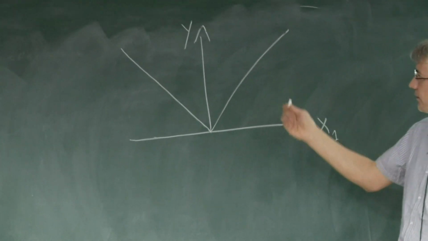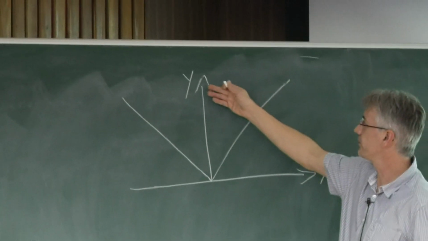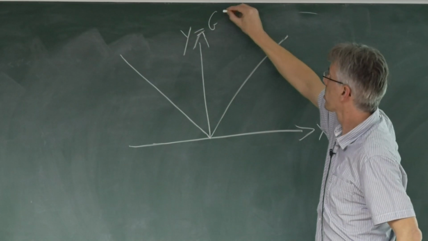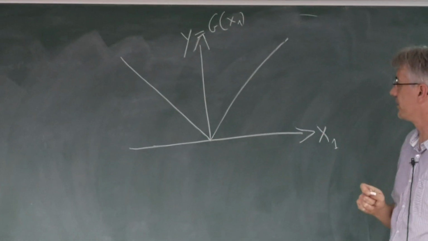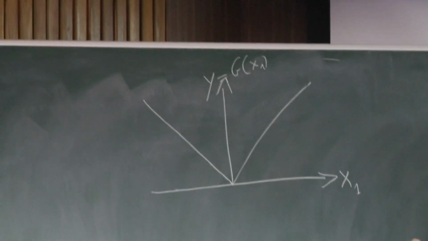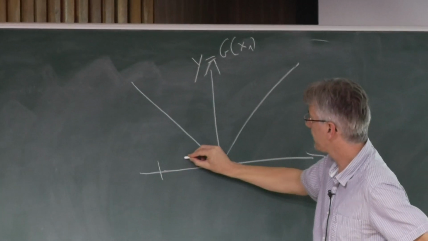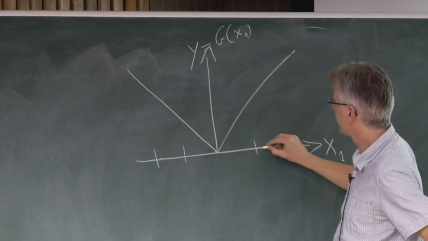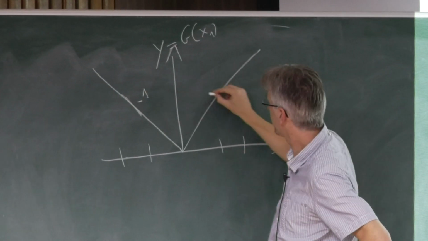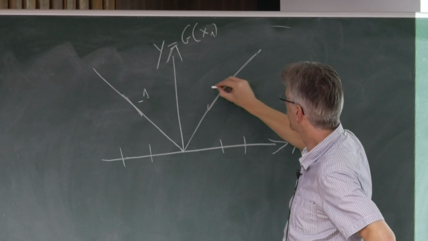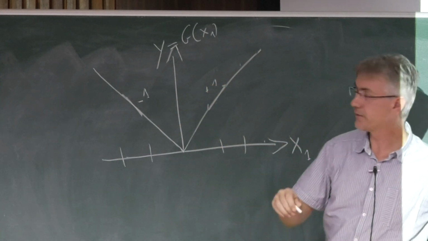If I have a function like this, that depends like this on x1 as a function of x1, you see, I will compute some elementary effects here and here. So here it will be -1, and here it will be +1. So I will have different elementary effects. And if I take the mean